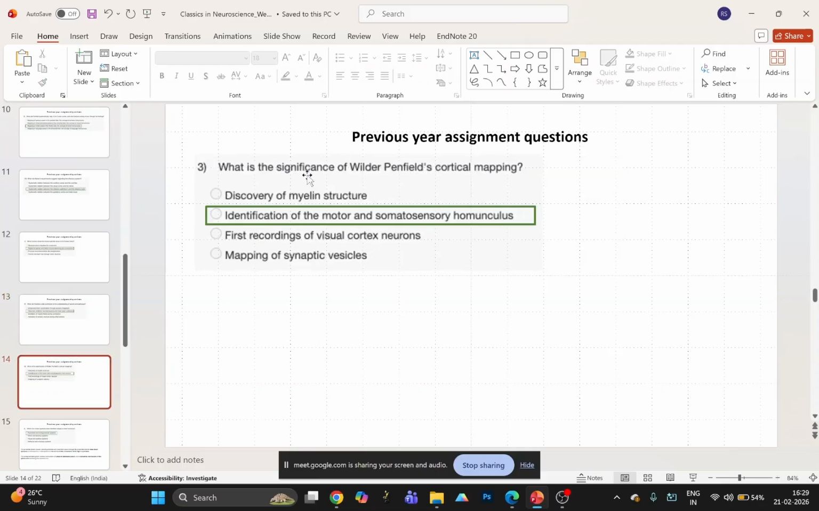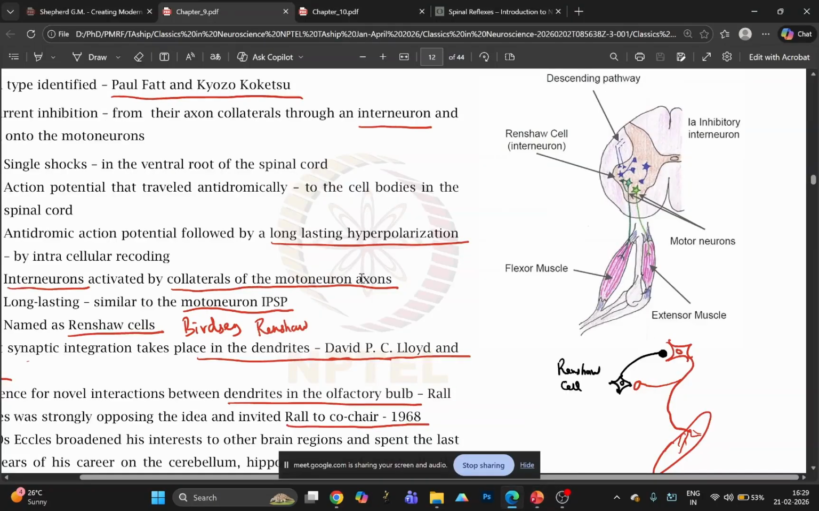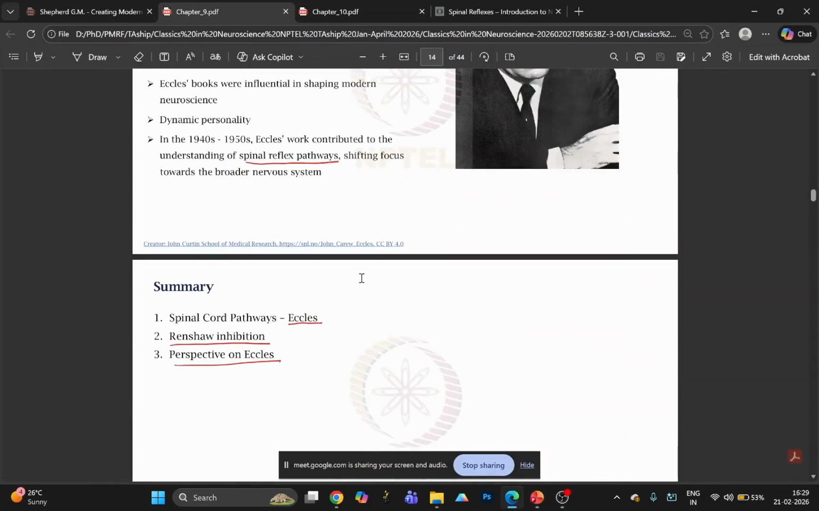Next, what is the significance of Penfield's cortical mapping? This is also something we just discussed. Penfield was the one who, while he was mapping the frontal lobe, saw that there are